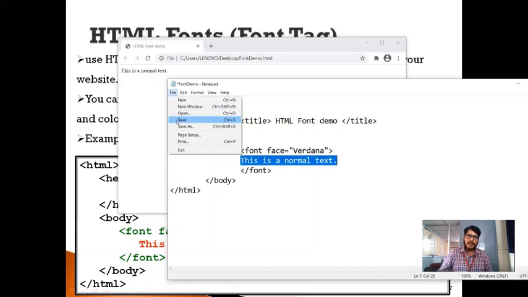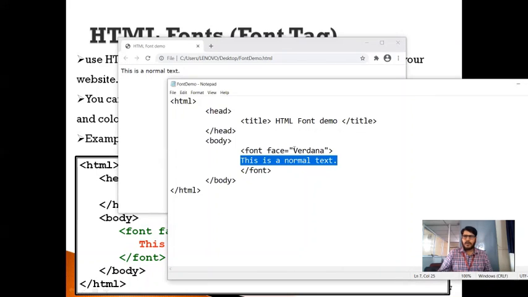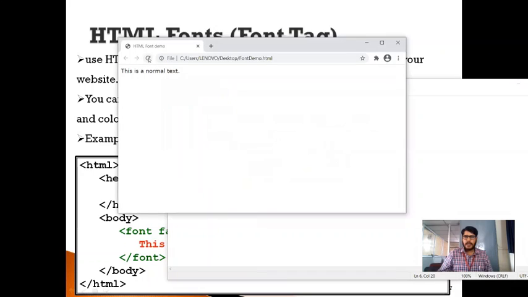Now let me save this, go to document, reload this page. You can see here the font style got changed here, isn't it? Assume that now I'm going to specify face as Arial. Okay, so now let me save this, go to document, reload.